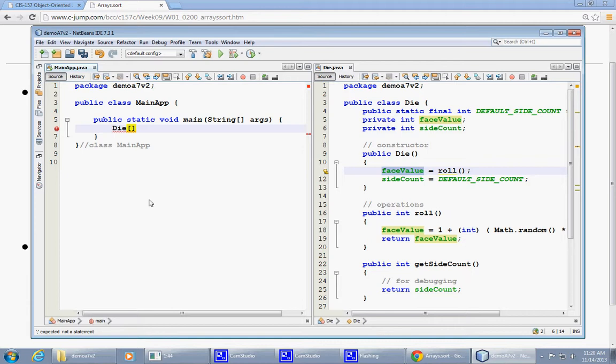This is the syntax that we use to declare an array: to use double square brackets and say dice, right? So we have plenty of dice, and we can say new die and specify an array of maybe 10 dice, right? How about this? Okay, so dice is an array, and it has like 10